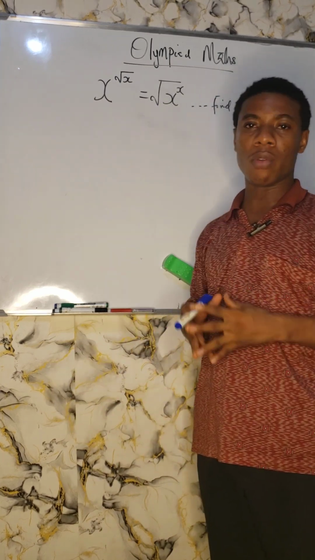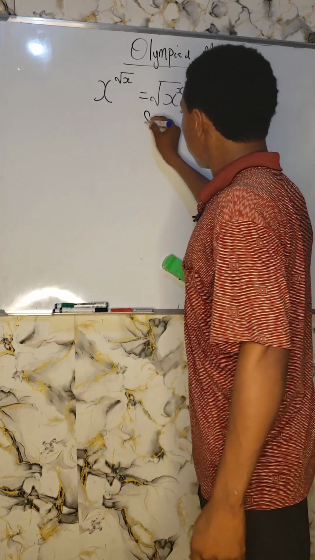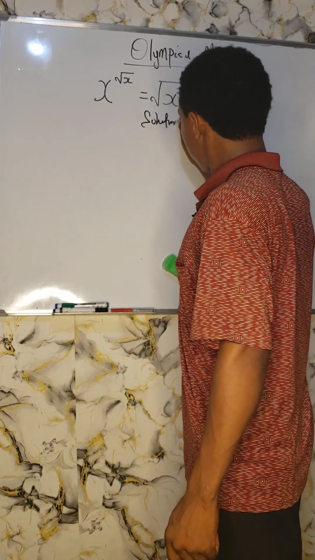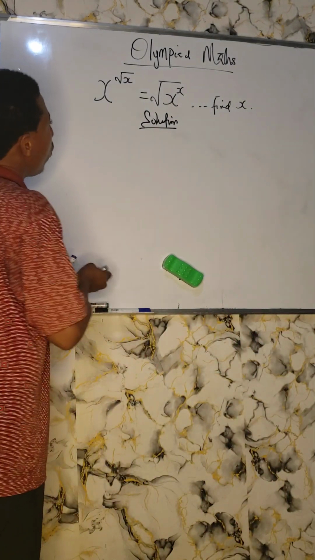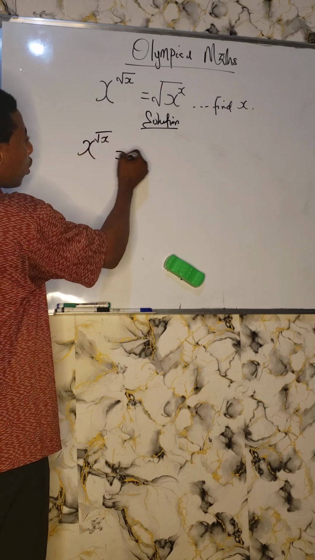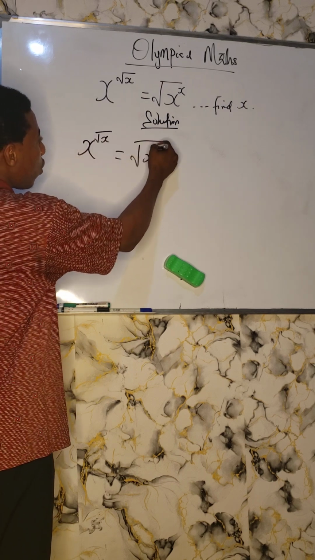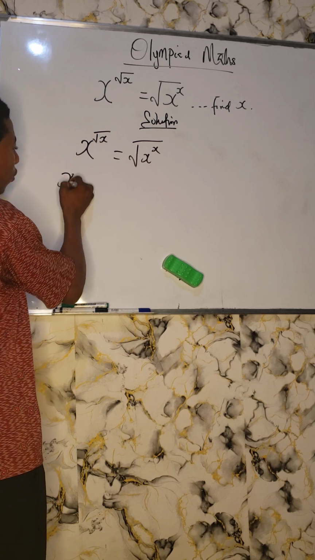Let's check the possible solutions for the value of x. So let's start with the solution. We have here x raised to the power of the square root of x equals the square root of x raised to the power of x. Now let's look at this critically. We can still say x raised to the power of